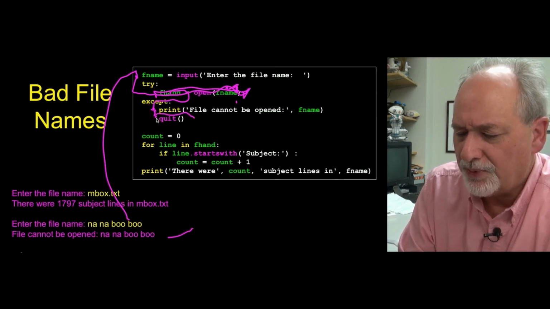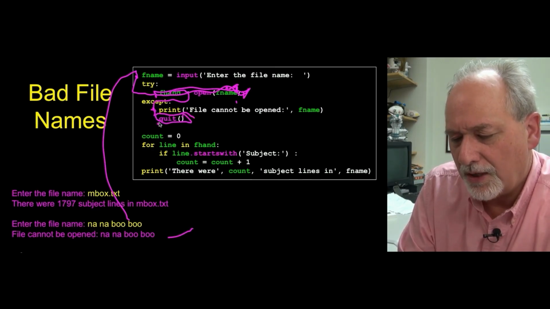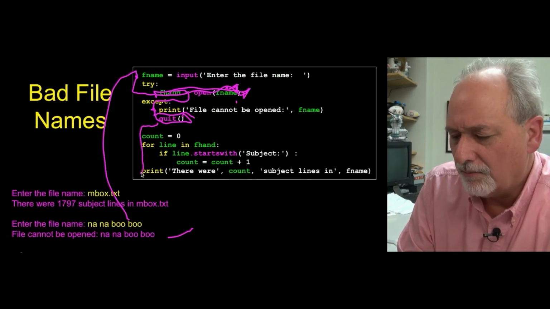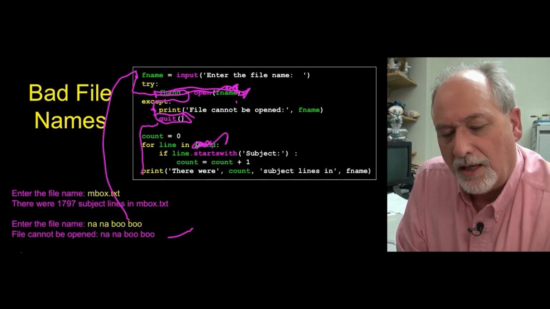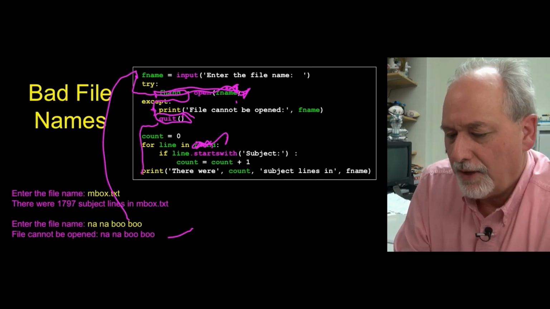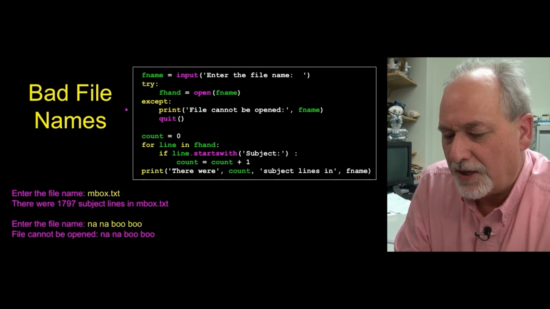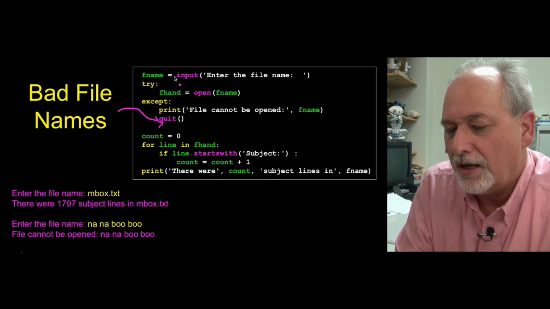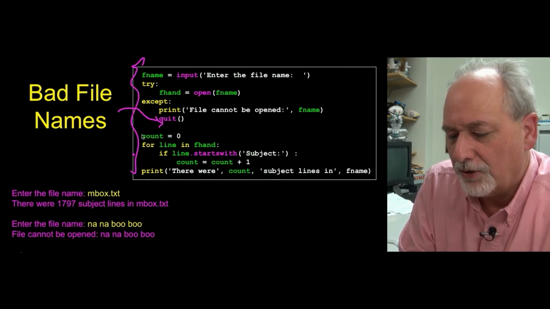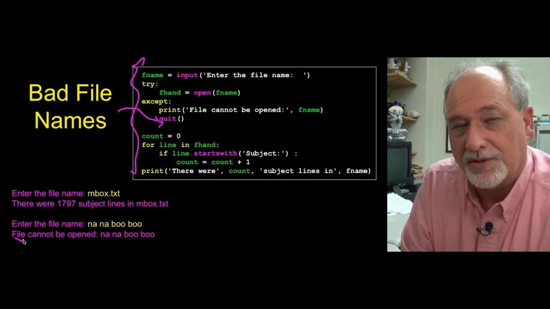Now this quit is really important, because if we don't put this quit in here, it's going to continue down here, and that's going to blow up here because file handle is not defined properly at this point. Quit is a special function where it comes in and never returns. So this is a way to terminate the entire Python program silently with no traceback. Right?